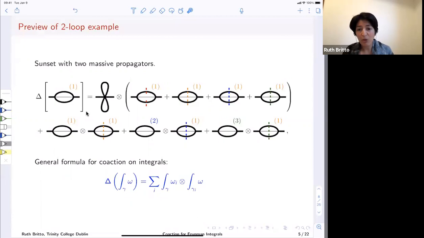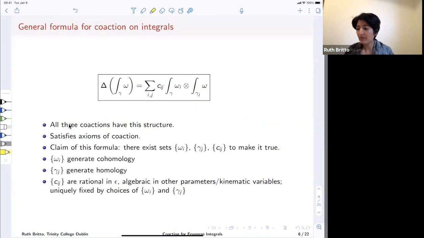basis of homology, and you insert this basis on the right side, and that's what you will get for the coaction. So now I'll take some time to discuss the properties of this formula, and then we'll see how it applies to our three coactions. So here, again, all three coactions have this structure. We note that